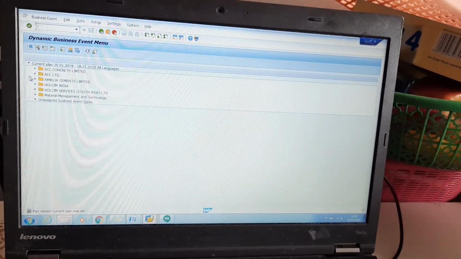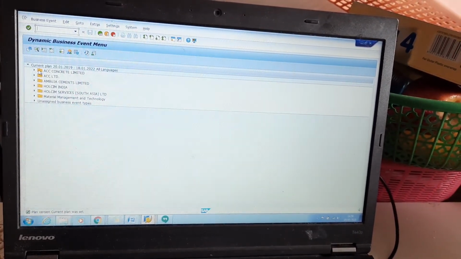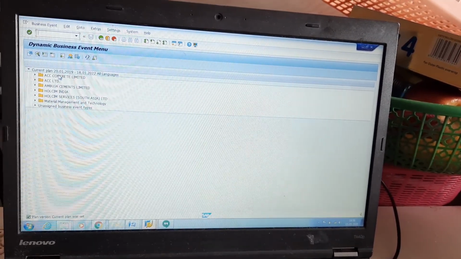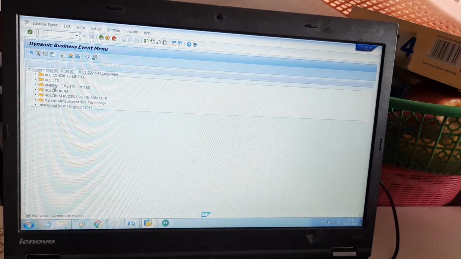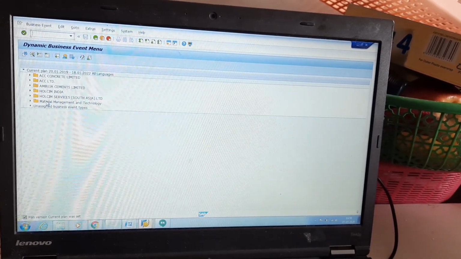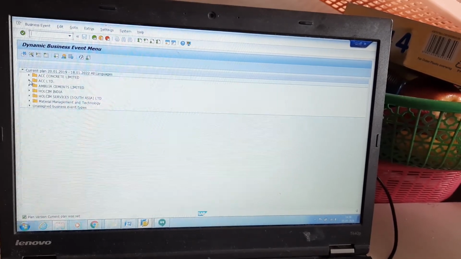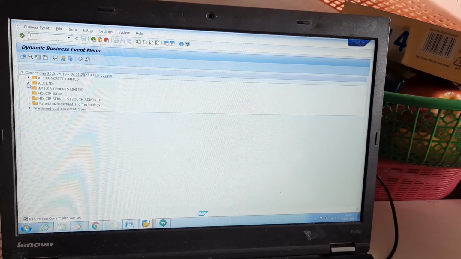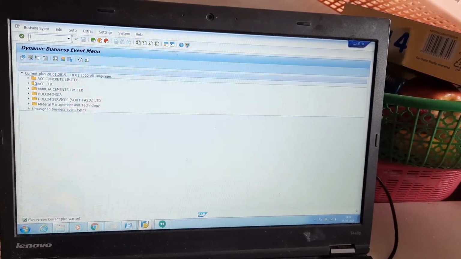Now we have n number of clients, OPCOs, which are ACC Concrete, ACC Limited, Ambuja Limited, Holcim Limited and so on. As we are working for the OPCOs ACC, Ambuja and ACC Concrete, we'll be uploading their attendance sheets in one of these folders.